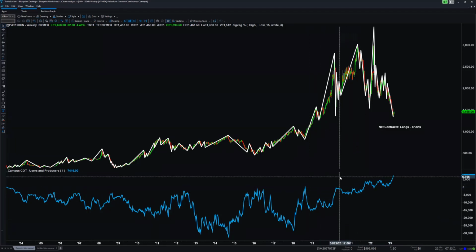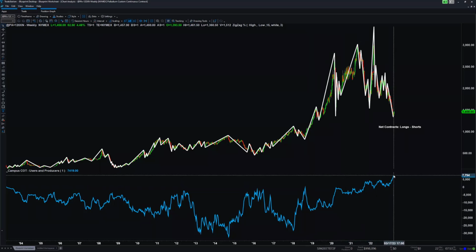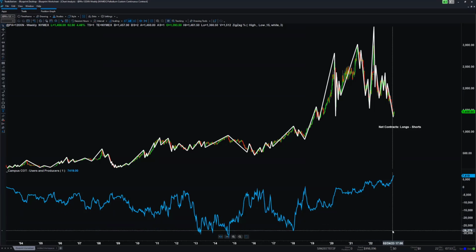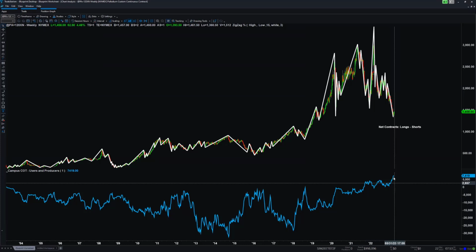Then you want to ask the question, are we at an extreme high reading of accumulation, looking at the past year, looking at the past 3 years, or are we at an extreme reading of distribution over the past years? So in this case, if I was to look at all the prior highs of accumulation of the commercials, their highest readings,